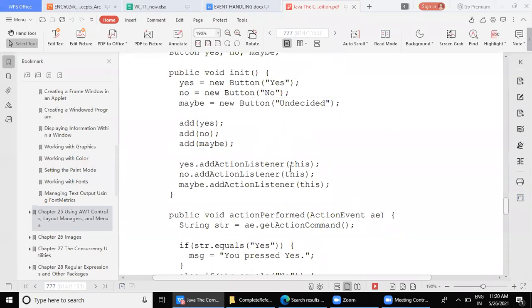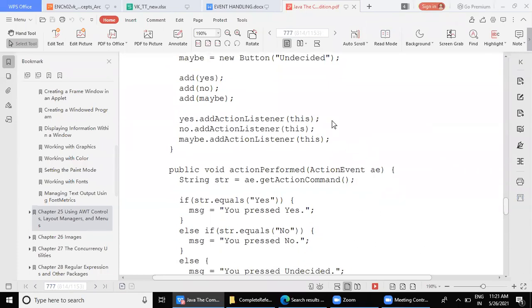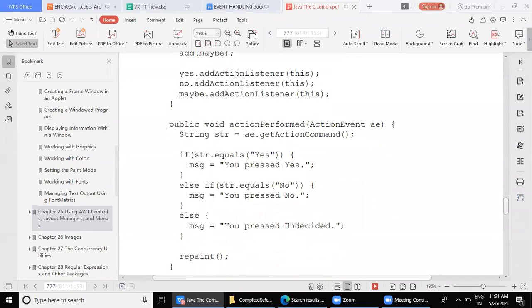So we give the reference of the invoking object, that is this. Later on, we are going to deal with this particular part. Right now, we don't want to complicate things, because our intention is to make you understand how the actionPerformed method will be written. So this registration is over here and the init method gets closed.